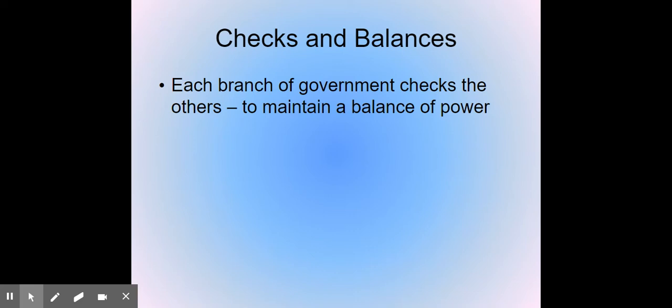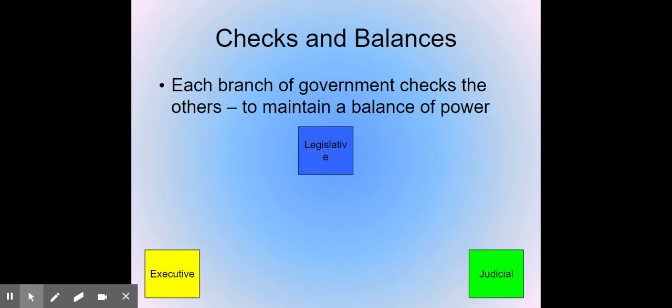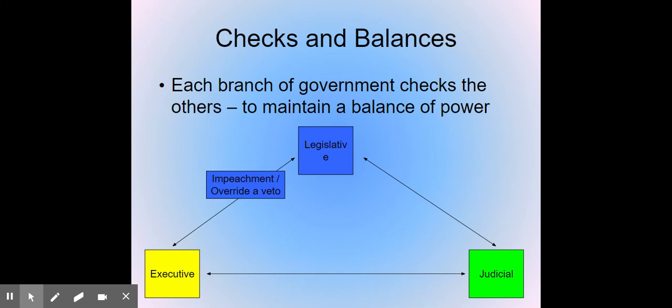And of course, you got to think of a triangle there with the executive, legislative, and judicial. Each one of those, and it's an equilateral triangle. Each one of those branches is an angle on the equilateral triangle. And then the checks and balances connect the two or connect the three. Okay. The legislative branch can impeach an executive and override a veto. Okay. It can also impeach a judge and confirm appointments of judges. All right. The executive